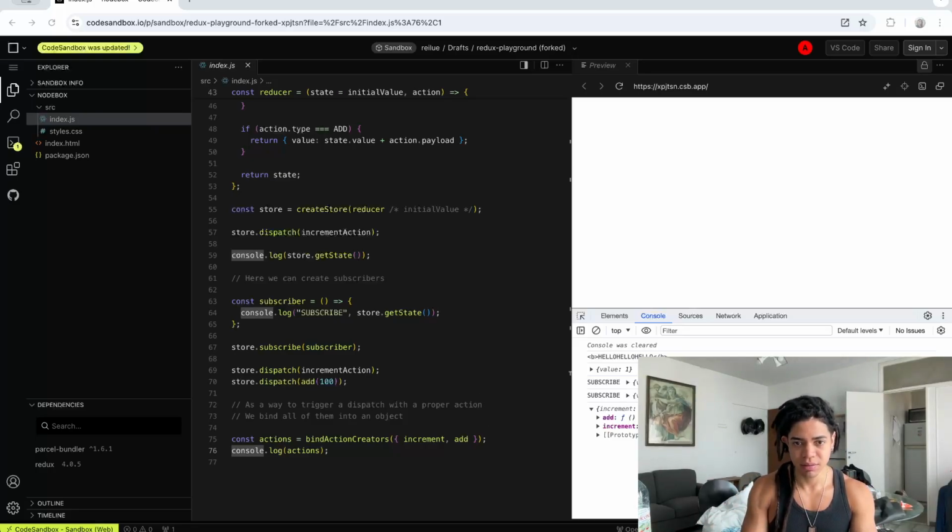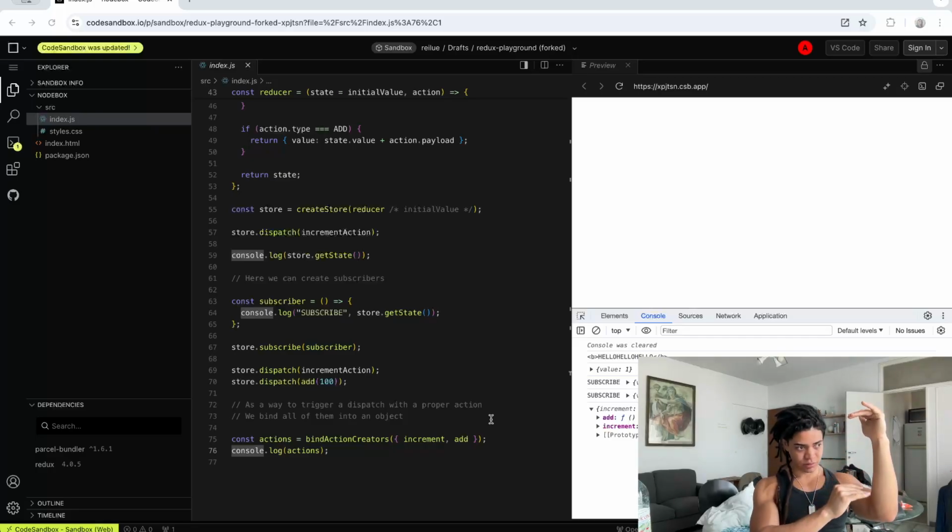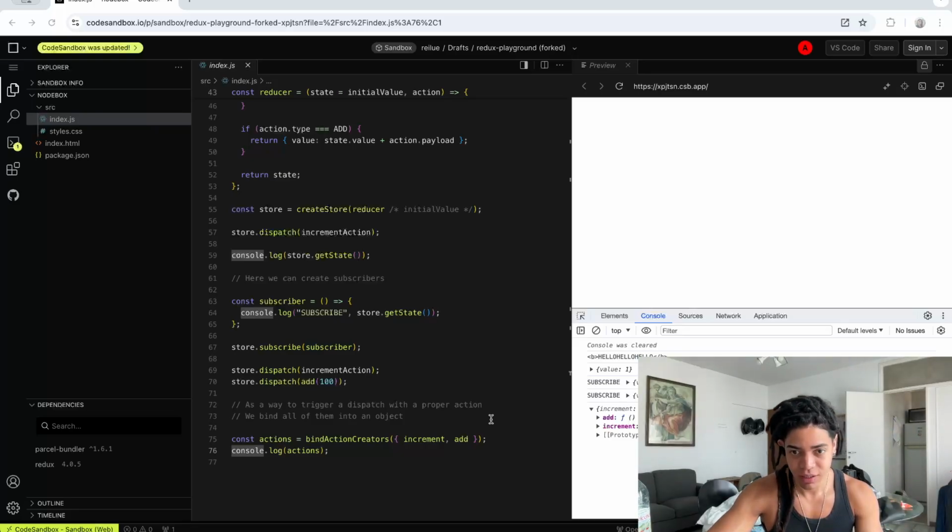Bind action creators is a way to say, hey, all of these actions that you can do are a way to update the state by applying a reducer, where each one of the reducers is going to check what to do when this action is triggered. That's what you need to bind it to the dispatch. Makes sense. So the store that you create gives you dispatch. All right. So now it makes a ton of sense, because now actions